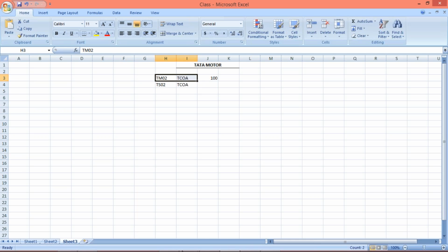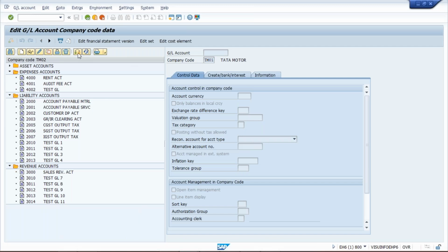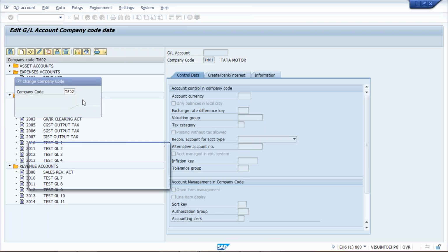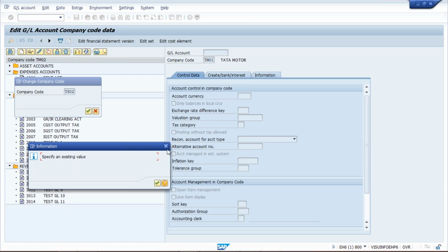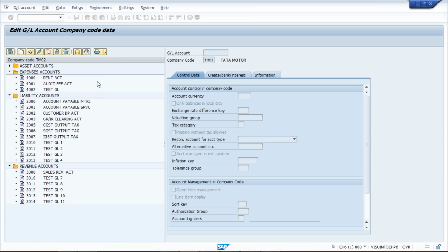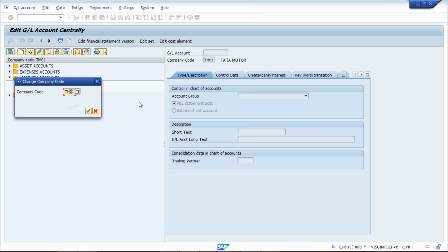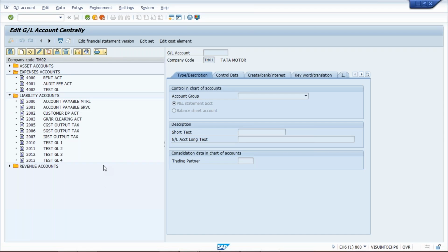But once you use the FS00 here, and if you change the company code for TS02, just TS02, what is happening? System is saying that specify an existing value. Okay, it means there is no GL found here against TS02. So what does it mean? It means, okay, sorry, I'll have to use FS00. Okay, now, so what is happening here? So just let me check, make it TM02. So now what is happening here? It means, first of all,